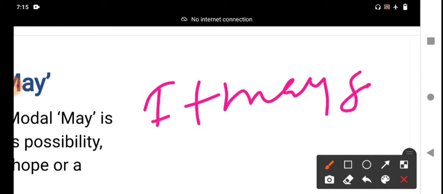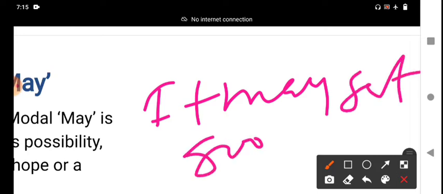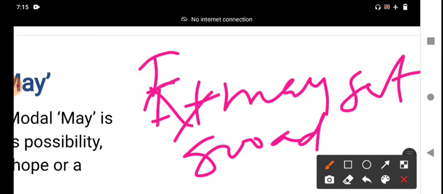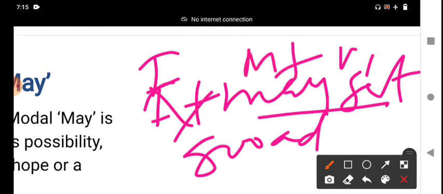It may get good marks, or I may get good marks. It combines. I may get is a base form, V1, and it is modal plus V1. It combines with the main verb. It does not come individually or isolated. That is more important. You should remember, in English grammar, a modal verb combines with another verb.